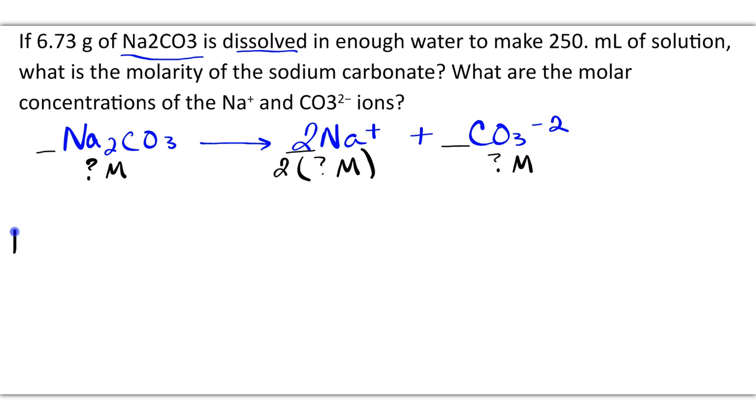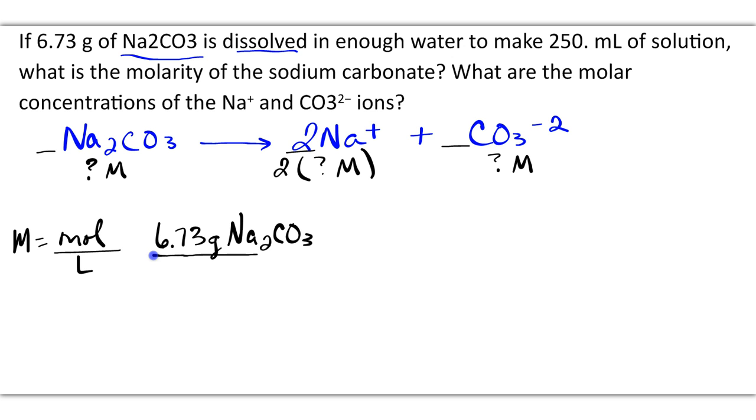Remember that molarity is equal to moles over liter. We are given grams and milliliters, so I'm going to place my 6.73 grams of sodium carbonate all over the milliliters, 250. Notice I'm putting my amount of a substance over the volume. Now we're going to do a double conversion to change this from grams per milliliter to moles over liter. We'll start by bringing down our grams, and when we go to the periodic table, that's 105.99 is equal to